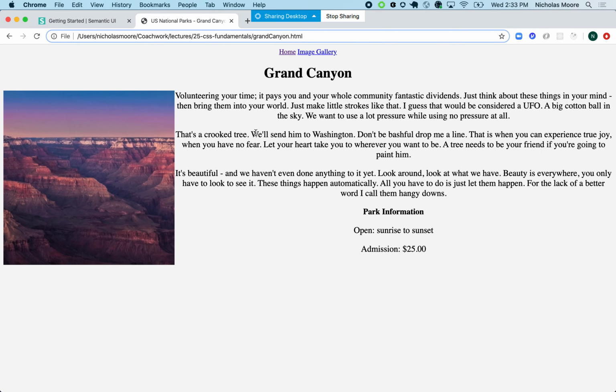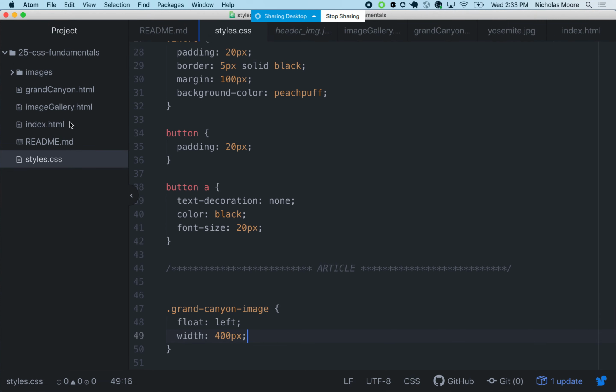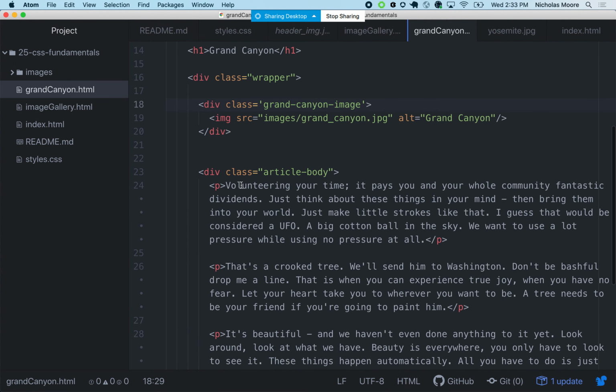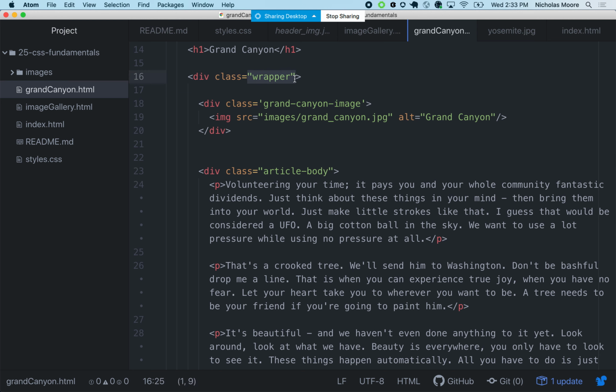And okay, so things are aligned all right, but maybe we want to minimize the overall size of everything, so it's not just the entire width of the page. We have everything here. It's in a class called article body. No, actually we have it wrapped up in a wrapper. And you might see this a lot, divs inside of divs inside of divs, and overall you might have a wrapper, and that's usually so you can assign general CSS rules to everything inside that div. So if we take this class wrapper,